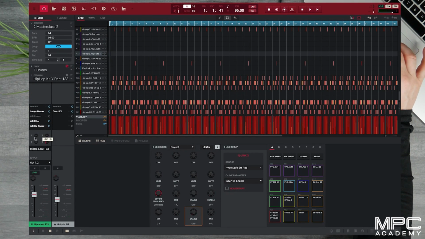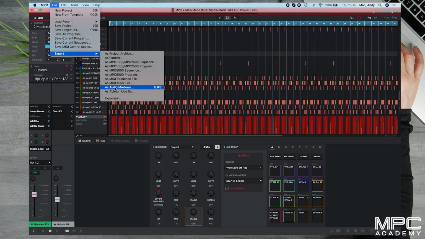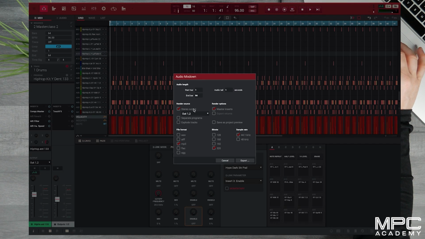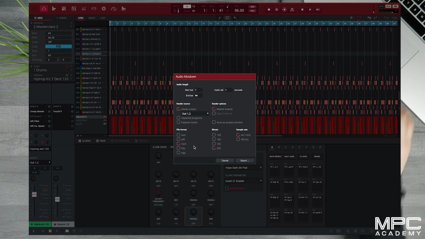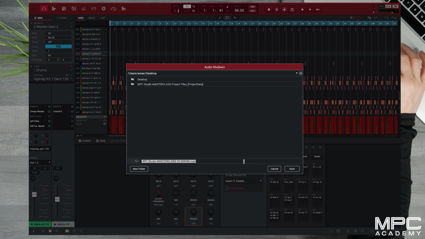Now within our software, we're going to head up to the File tab. Then under this we're going to go to Export, and we're going to go down to Audio Mixdown. So here we can render out our stereo output of our beat. We can include the master effects that we might have on the chain, and then we can select our file format. So I've got it selected as an MP3, which is a great format for uploading and sending across as email, but we can also select WAV file, AIFF, and we can also select our bit rate, so 16, 24-bit, 32 float. So we're going to use MP3, and all we simply do is press export,